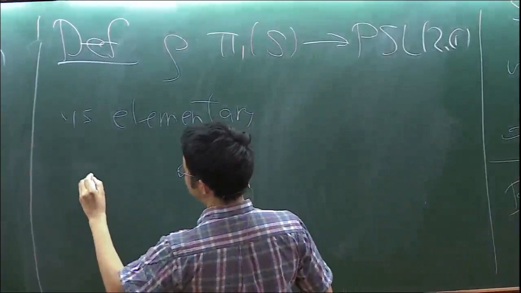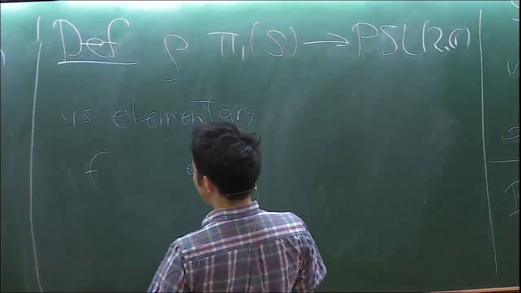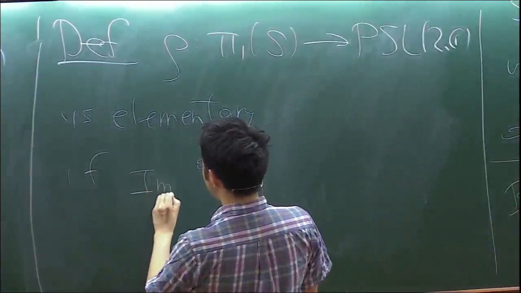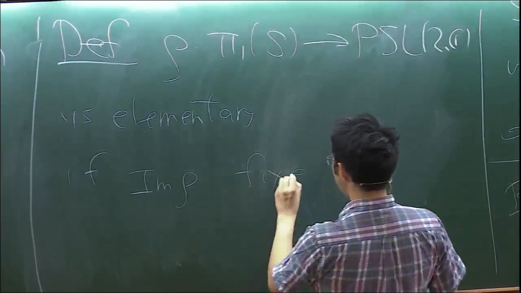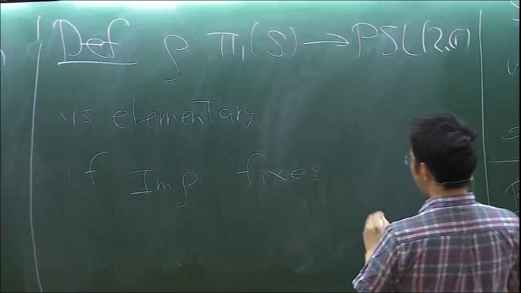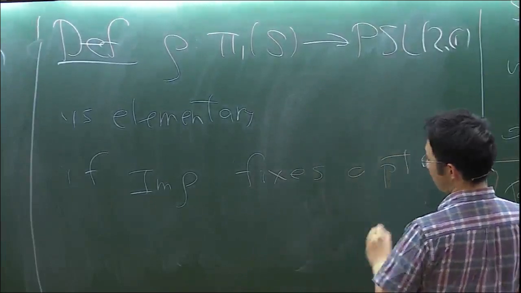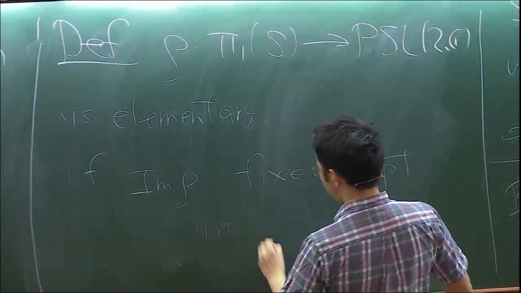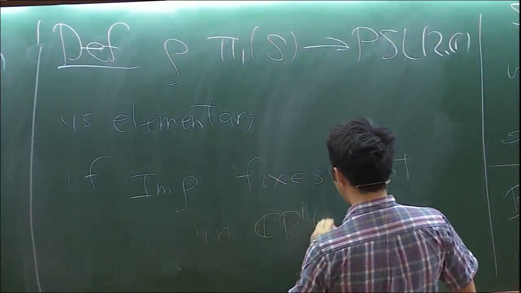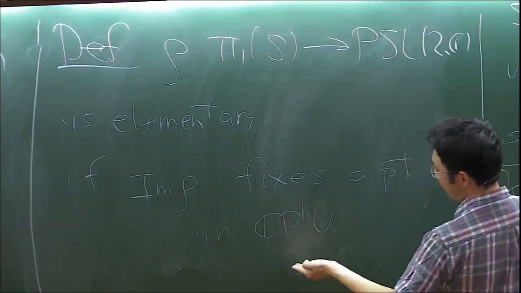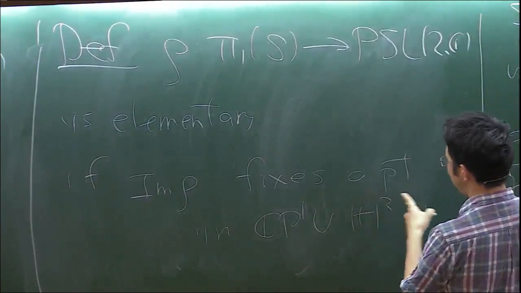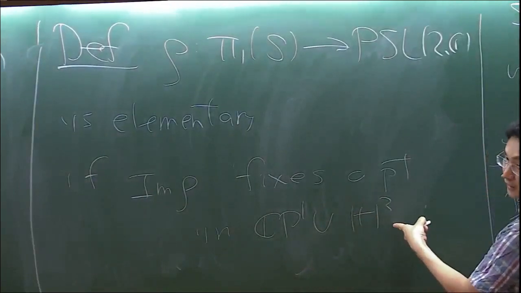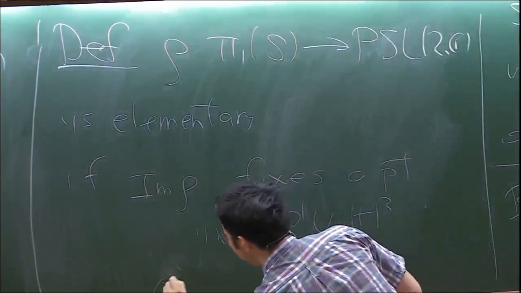Namely, if the image of rho fixes, there are two possibilities, a point in the Riemann sphere, or, since CP1 is the boundary of hyperbolic space, this fixed point might be in the interior of this hyperbolic space, or